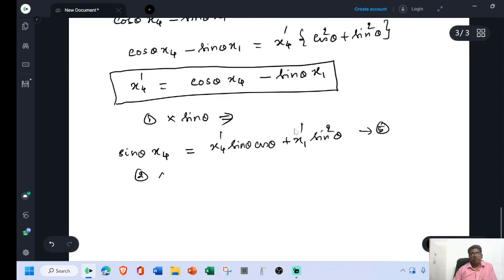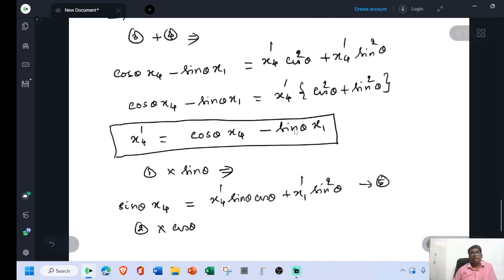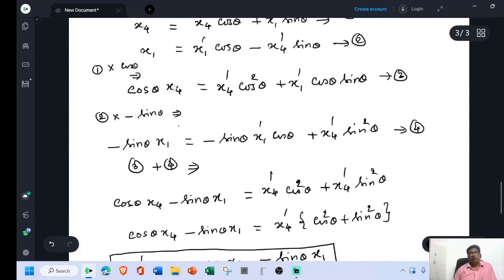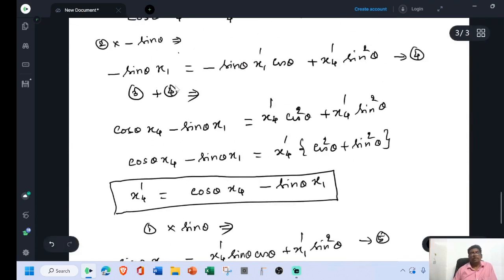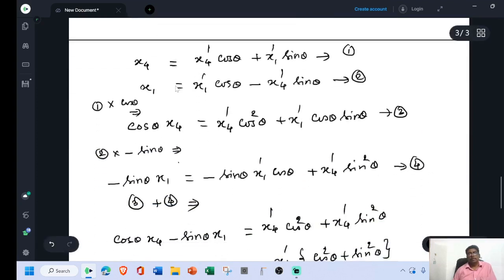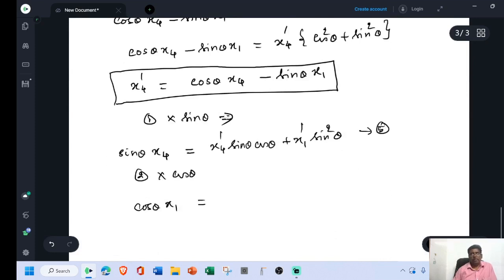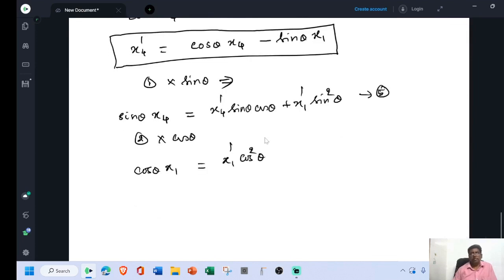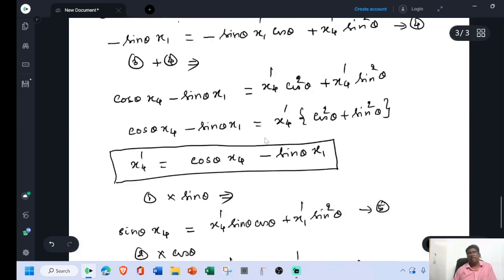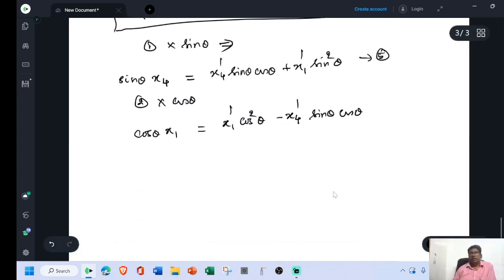Now multiply equation 2 into cos theta. x1 cos theta, that is cos theta x1, is equal to x1 dash cos square theta minus x4 dash sin theta cos theta. Say this is 6. Now 5 plus 6 gives